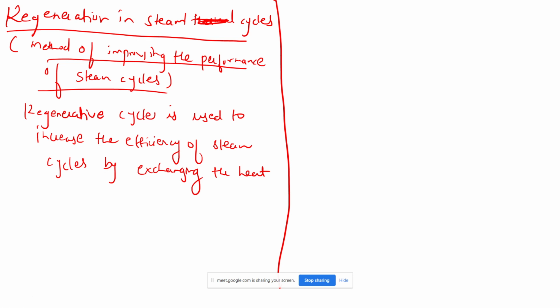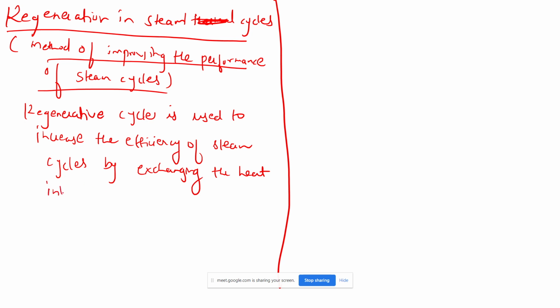So we are extracting some steam at the intermediate stage of the turbine, which has sufficiently good quality, generally in the saturated vapor region or superheated region, and then we will use that steam to increase the temperature and the quality of the steam entering the boiler. Okay, I'll explain. It is just the beginning only, so you will not get that much. So by exchanging the heat,